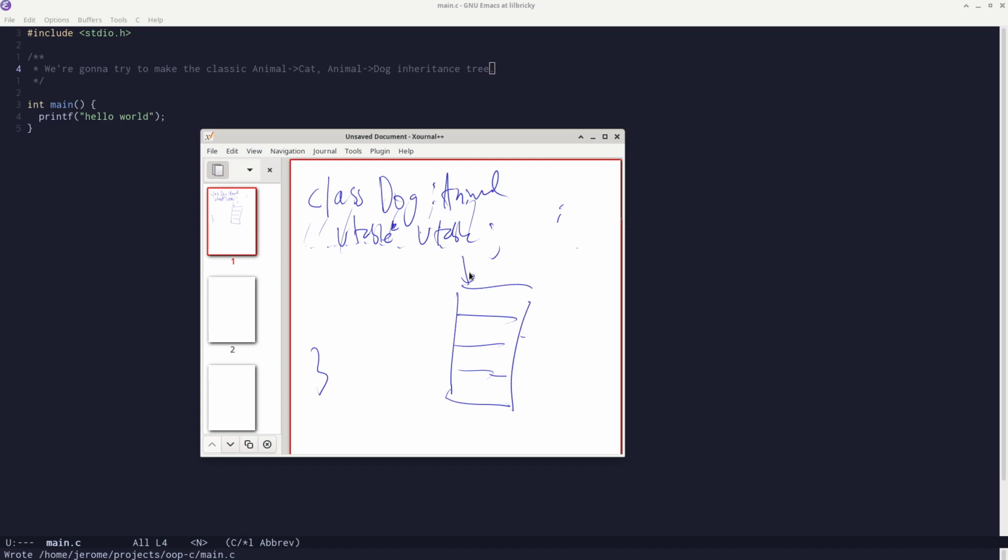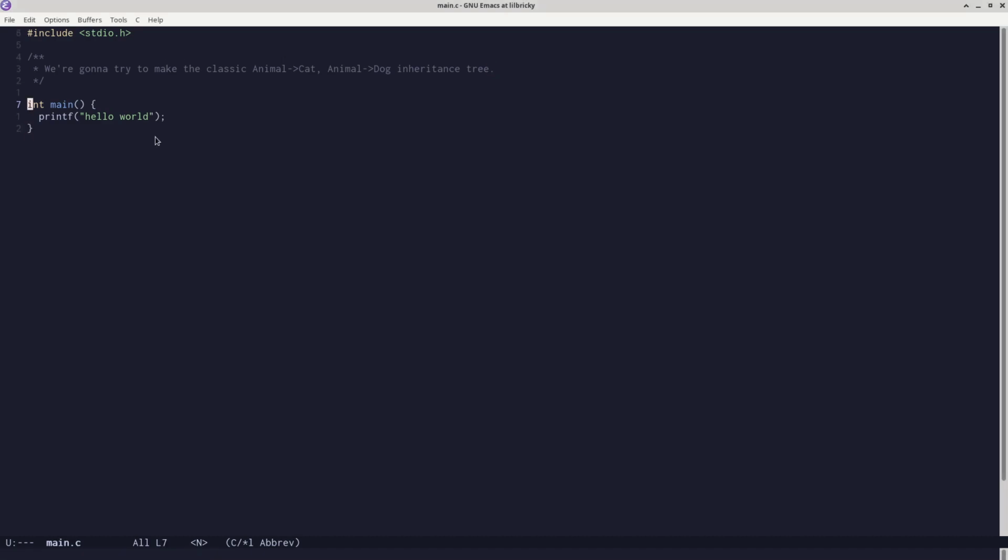So my understanding of this is when you add a method, so say void bark, somehow the compiler has to know that this bark is one of these. Maybe this is given an index, maybe this is implicitly the first one, so maybe this is bark. So if this is 0, 0 is a bark. And then it has to point to either whether it's an inherited one or whether its implementation is new. So how are we going to do this in C? I have no idea. So let's just try to make a struct called